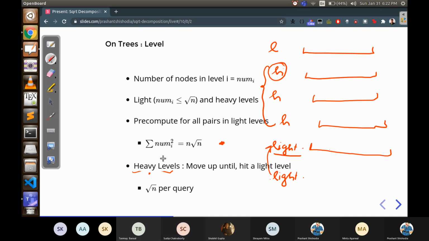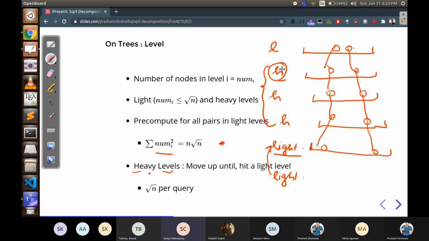So when you are pre-computing this answer, you move above and above. Because this is heavy, I don't have the answer pre-computed for this, so I go above and I go more above until I hit this level. Now I have the answer pre-computed for these two, because that level is light, right? Yes. What I am saying is, suppose consider this heavy level. This will only be counted when you are considering this light level.